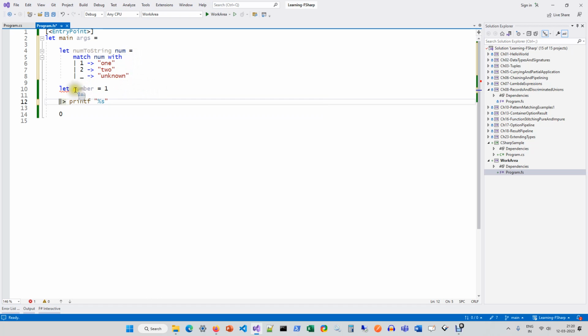Now, instead of doing pattern matching, here I'll say number goes to a function, and a function does this, and that goes to console. How is this different from